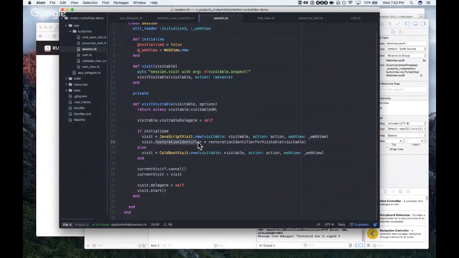Do we have the action? In the visitable, originally, where did we get the action from? Oh, action is passed in, but we're not extracting it from the options here. Yeah.